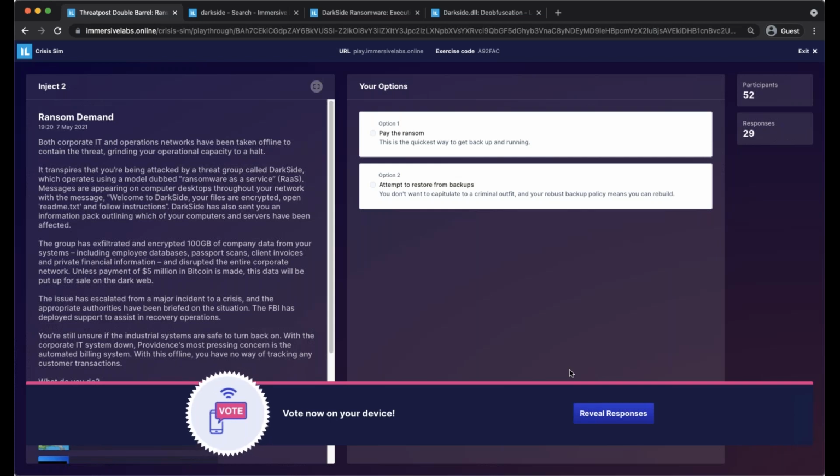We do generally find when we run these, and we've run them with hundreds and hundreds of people, that mostly people refuse to pay the ransom. But what's interesting is that if we looked at the stats right now for what's happening with attacked organizations, they're actually paying the ransom more and more, and so you'd want to feel that there must be a reason for that. Kev, a question I wanted to ask: if we pay the ransom, how much can we trust